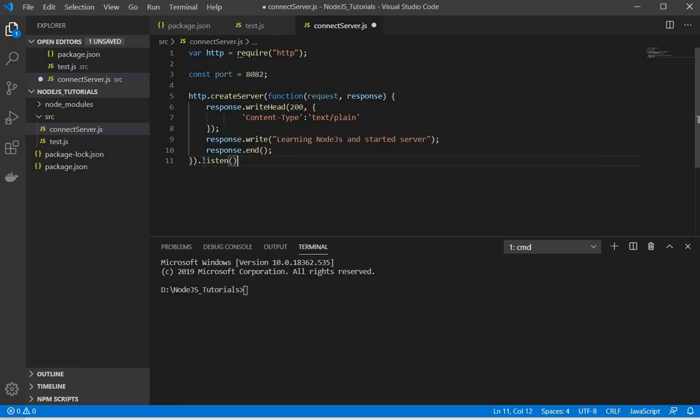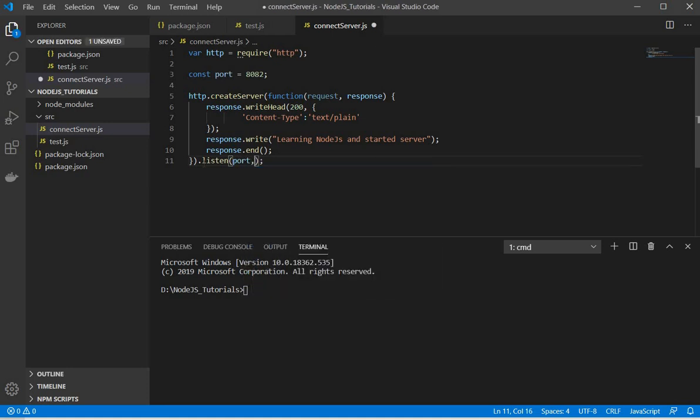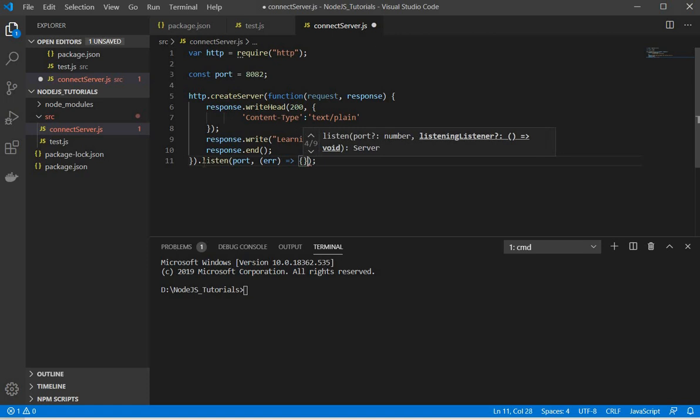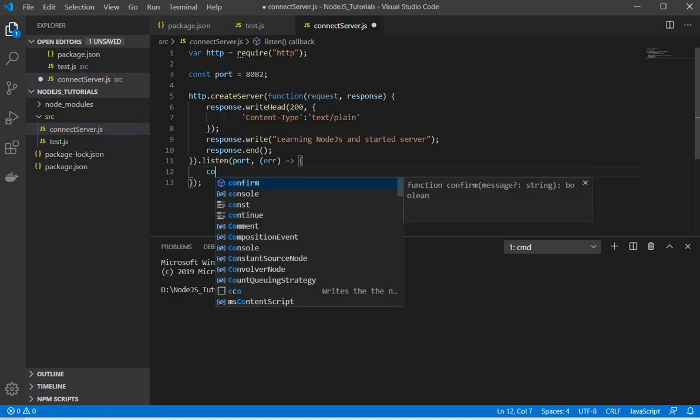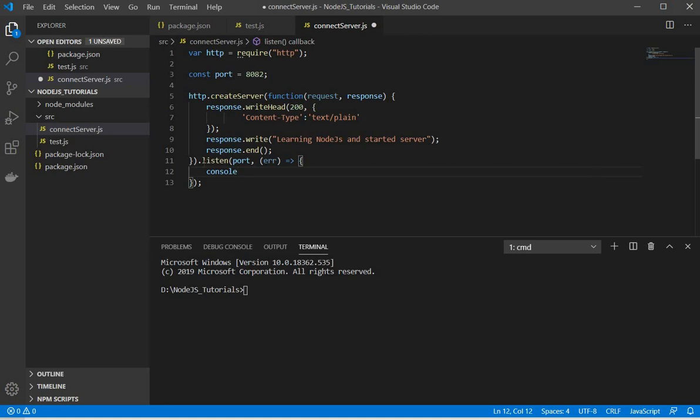And here what we need to do, we need to provide the port number, and we can also give some message, like if error comes, then we can print console log. So if we are not giving this part, that also fine. If we are giving, then there is no problem.